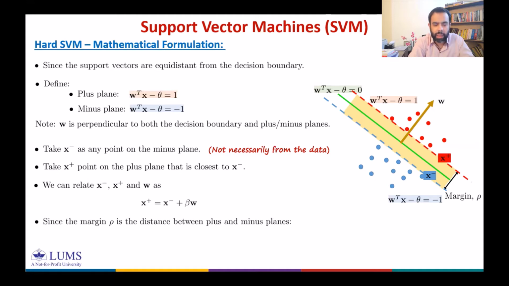Since the margin is the distance between plus and minus planes, we can find this distance using this relationship between x plus and x minus. So by definition, the margin is given by the Euclidean norm of x plus minus x minus, and that is given by the Euclidean norm of beta times W, and that is given by beta times the Euclidean norm of W, right? Okay, moving forward,